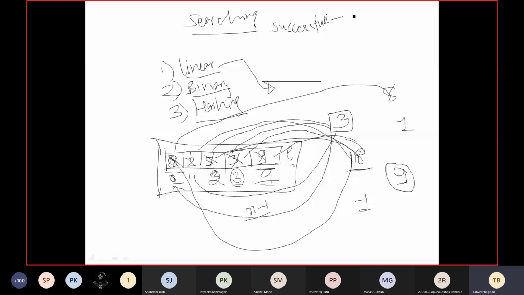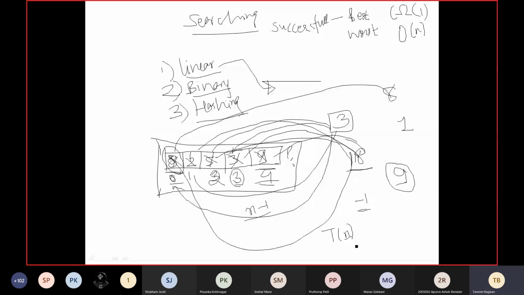So only one comparison element is present. So best case, which we express in omega, is omega of 1, and worst case is O of n, because the total number of comparisons, where n stands for the number of elements, if the given array is having n elements, is n minus